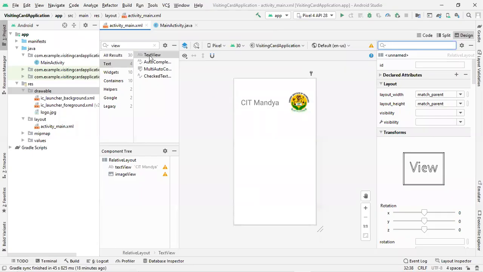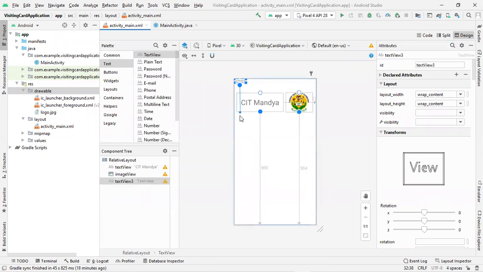So let me add a text view component. Once I add this text view component, I will align its position. Then I need to place the line here. So let me add the line here. There is no need to have text inside this text view because we are just drawing a line. Why we are drawing the line? To segregate our company details from the employee details.